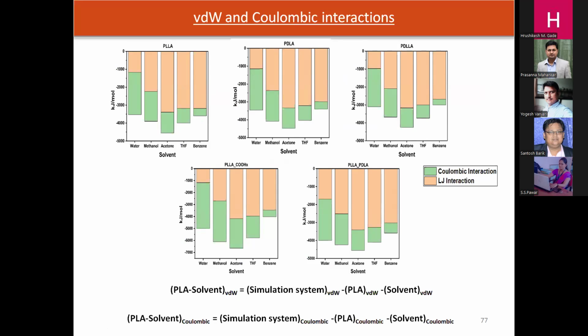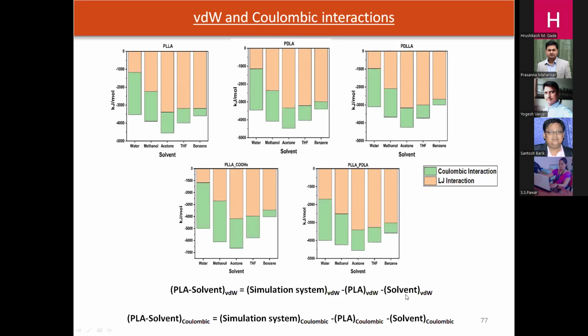Now, let's say there is a larger molecule, it will have larger van der Waals interaction. Let's say it's a polar molecule, it will have more Coulombic interactions. And depending on their relative strength, you can have their impact on the molecule which you are trying to study. So, let's say if we consider this particular study in which we have the PLA and solvent, and we want to know the impact of van der Waals